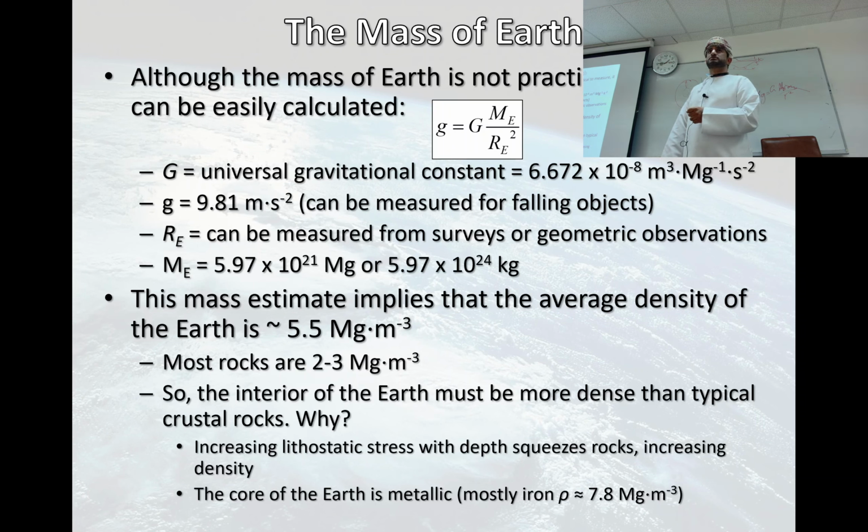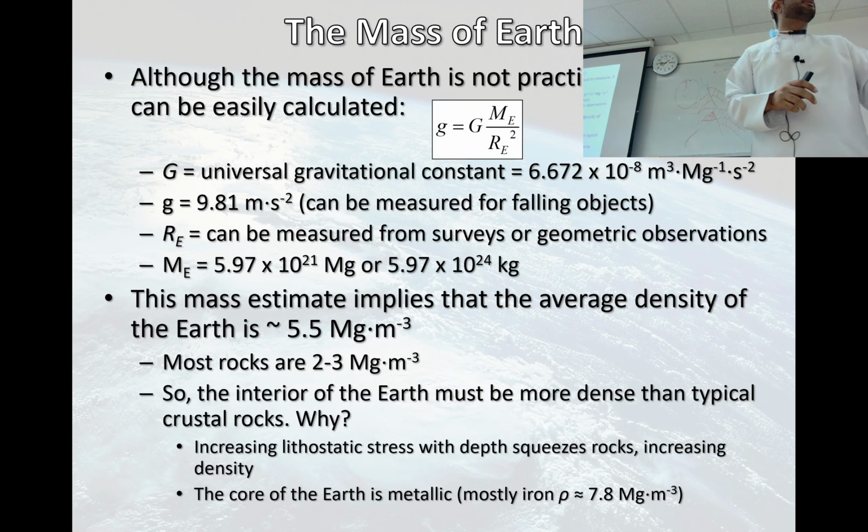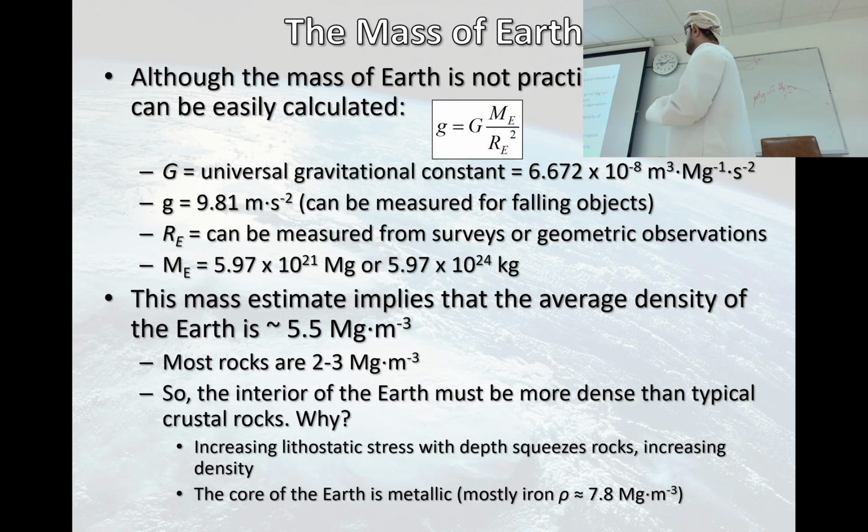It's a big mass. That's really, really huge mass: 5.97 times 10 raised to the power 24. So this is the mass. How do we find the density if we know the mass of something? Volume. We can tell by the volume. So it turns out the average density of the earth is 5.5,